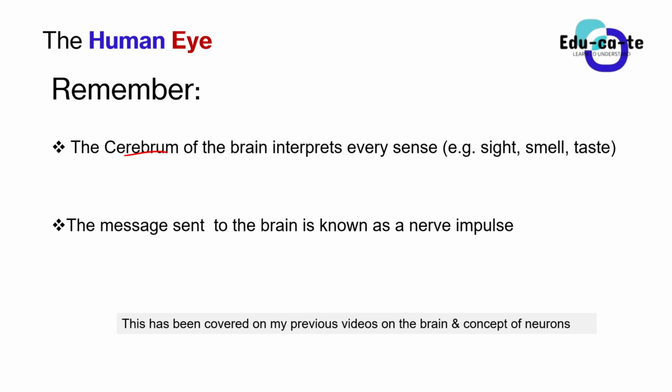So basically, it means that messages, which are known as nerve impulses, move from different sense organs towards the brain. The main thing we need to know is that nerve impulses are just messages of something that is happening outside. For example, the smell that you are sensing moves through certain neurons so that it can reach the brain. Similarly, on the human eye, we need to apply the same concept in the context of seeing.